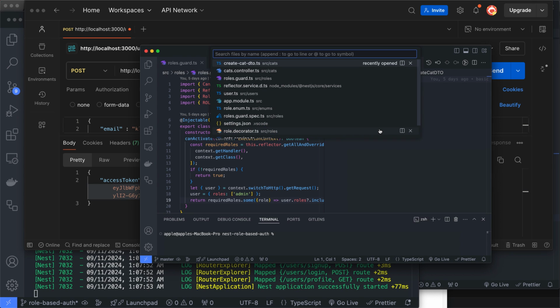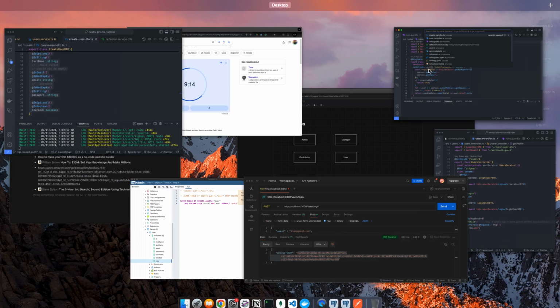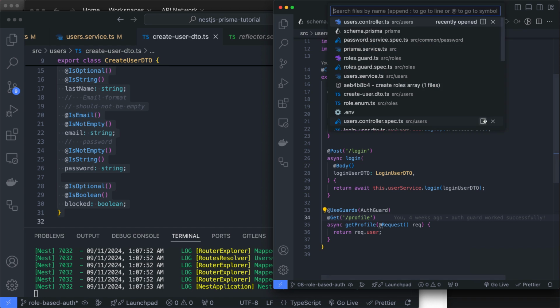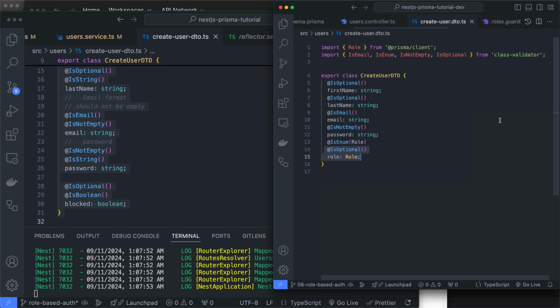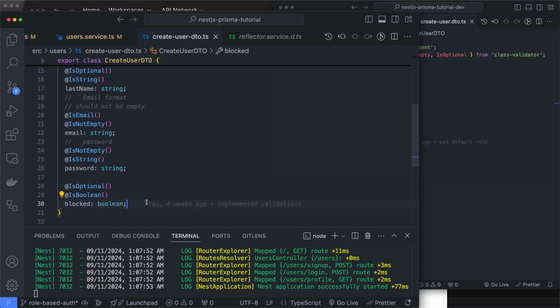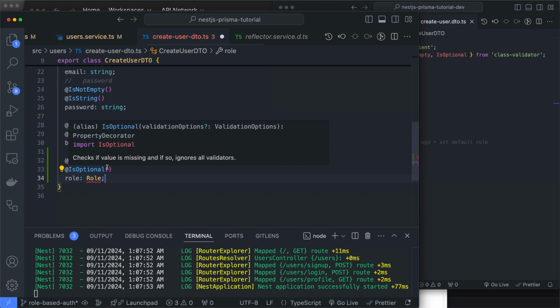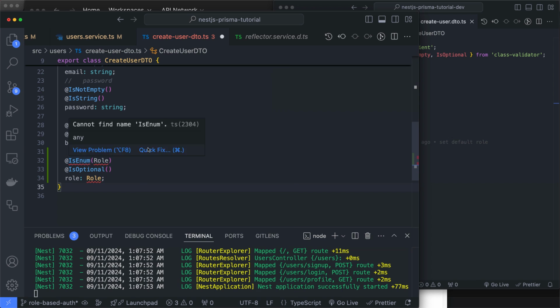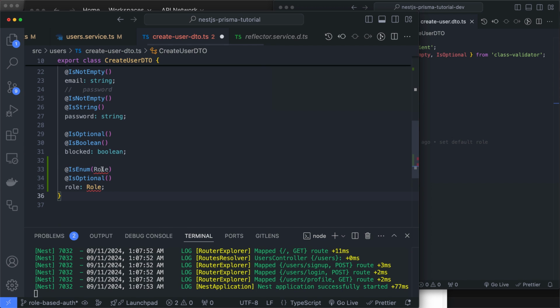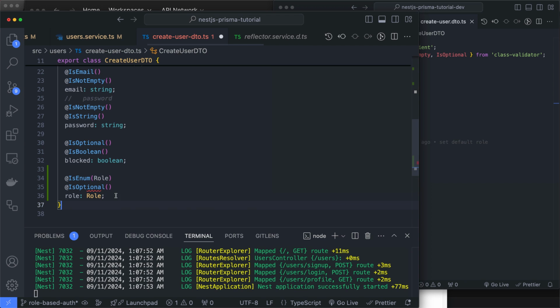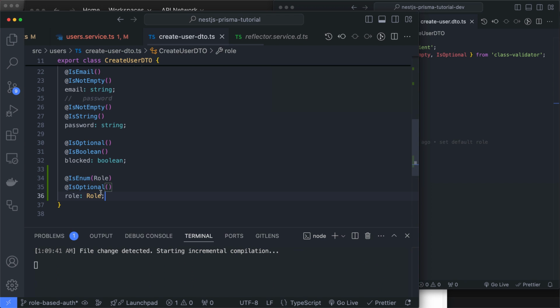To make it simple, let's import is enum from class validator. We need to import that from the role. That looks good. Now it can accept the role,